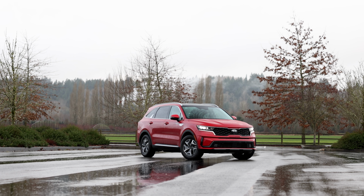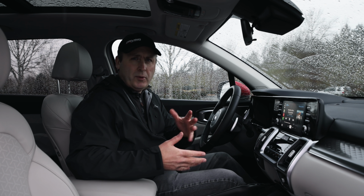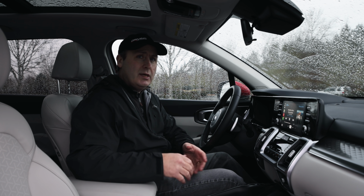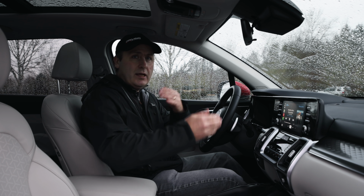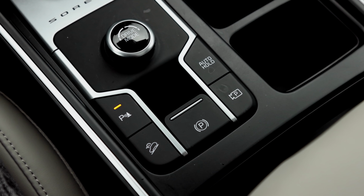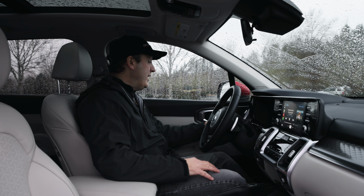This is a hybrid. It is not a plug-in electric hybrid, so you really don't have a controllable electric-only range. The system is all automatic, and the battery should never completely deplete. It'll manage it for me. It also has hill descent control and, of course, parking sensors. This is loaded with features, and